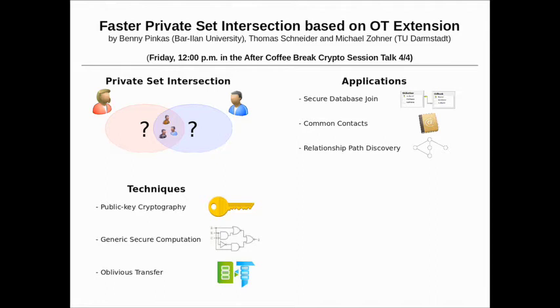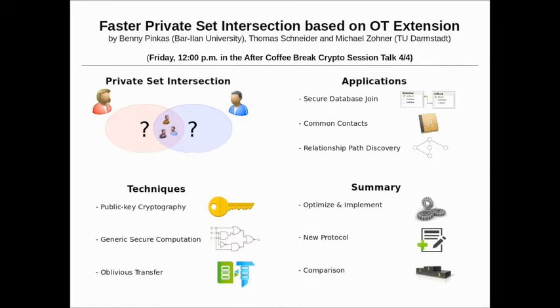However, these protocols have mostly not been compared, and it is unknown which protocol performs best in a particular scenario. In this work, we optimize and implement the most promising private set intersection protocols, introduce a new protocol, and compare all on a fair and equal base. Most prominent, computing the intersection for 1 million element sets requires as little as 20 seconds.